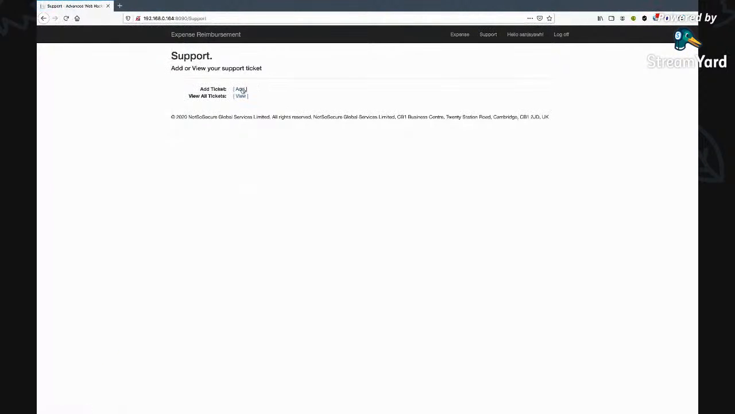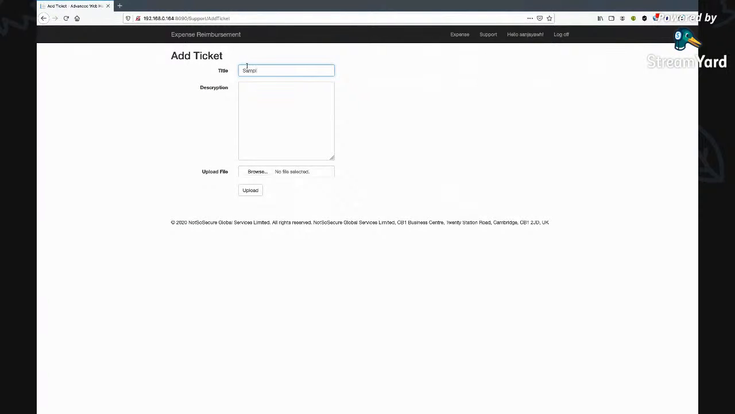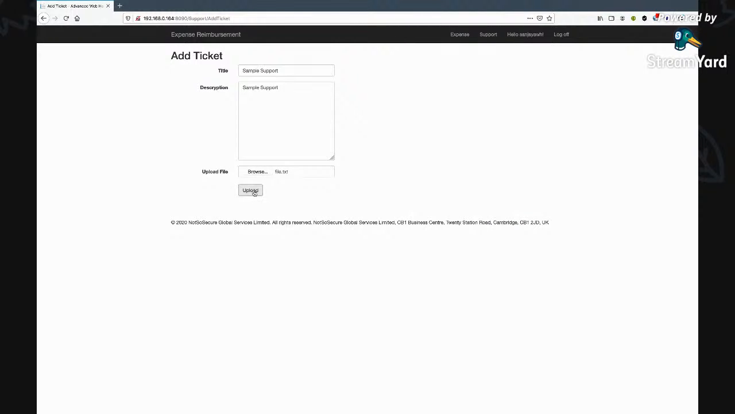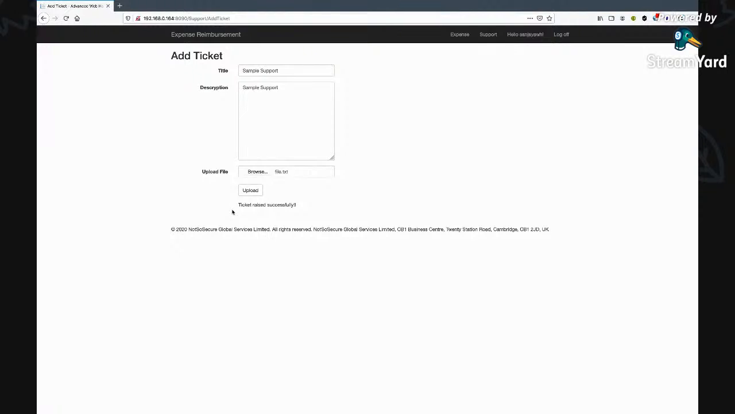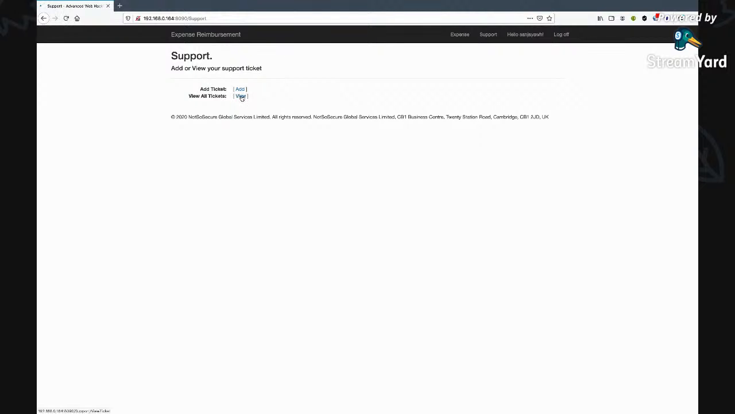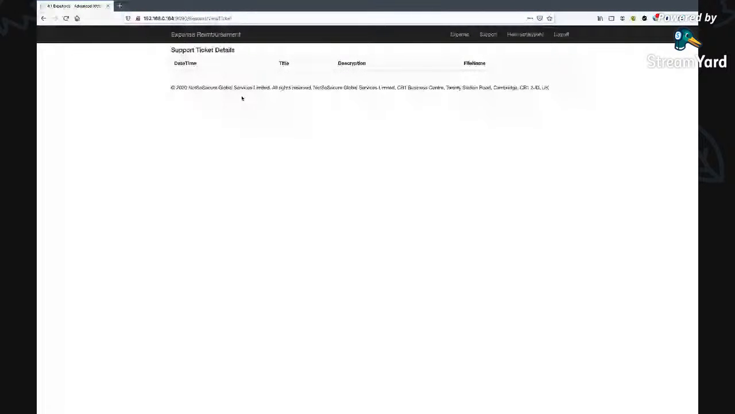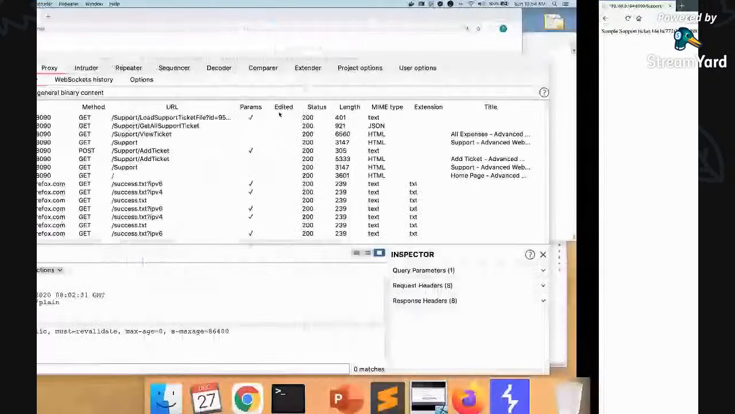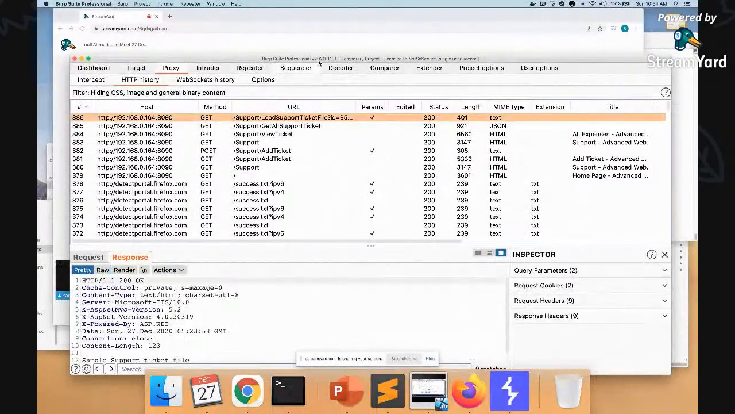Let me add one of the support tickets. Sample support, sample support. When I upload, the upload is successful and it says ticket added successfully. So let's view the support ticket data. When we click on this, you can see it adds another record, and that is our newly added file. When I click on this file, it pops up the data, and if you see the response,